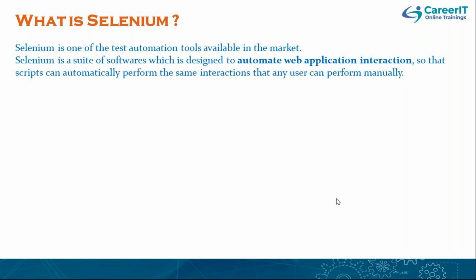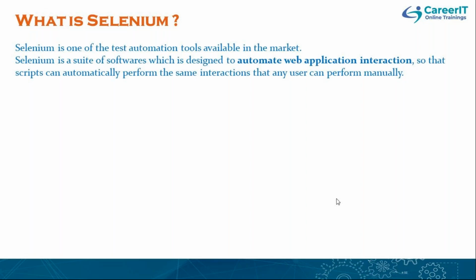That means Selenium can only automate web applications. That is one of the limitations, but it's not a hard limitation, because 99% of the time, 99.9% of the applications which we see in our current world are web applications. So Selenium mainly focuses on web application interactions. A web application is nothing but an application which we open through a browser using the internet. That application is called a web application.